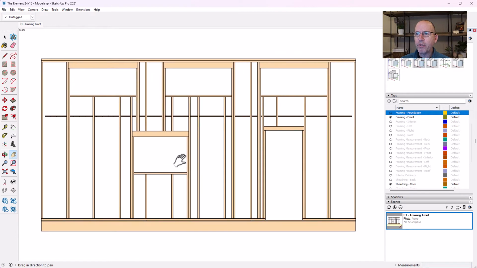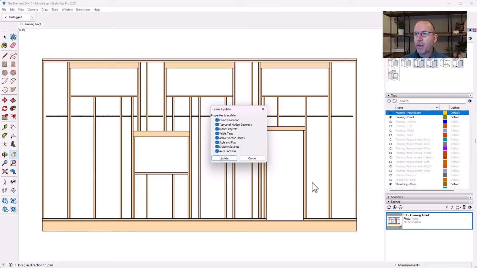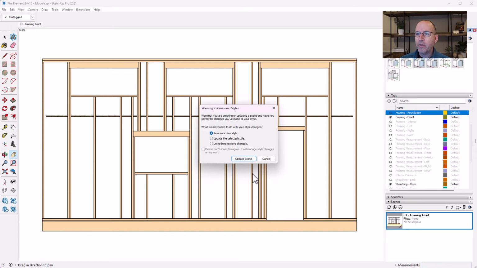All right, I'm going to resave the scene because I went ahead and changed some things. I turned off the axes and guides and a couple other things. All right, so I'm gonna hit this little refresh button. It's asking me, hey, what do you want to save as part of that? It's always everything. I want it to look just like what I have here. So I hit update,